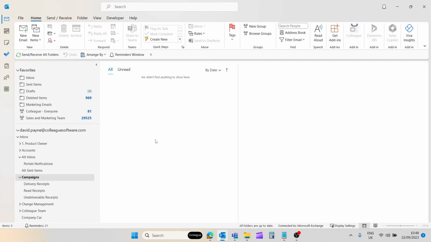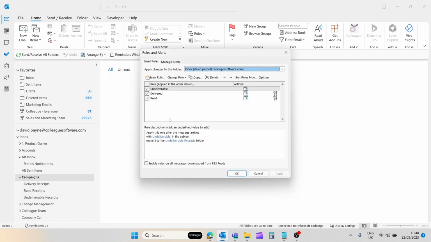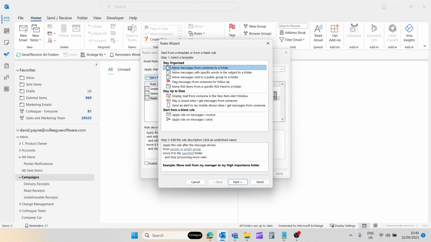So step one is to create some folders for where we're going to want those receipts to go into, subfolders that is, and then the next step is to go into the rules area and create rules which will configure, when those receipts come in, mapping them straight away to that subfolder, so you don't have to physically see them and deal with them in your inbox. You can see here I've got an undeliverable rule, a delivered rule, and a read receipt rule. If you go to new rules and select move messages from someone to a folder,